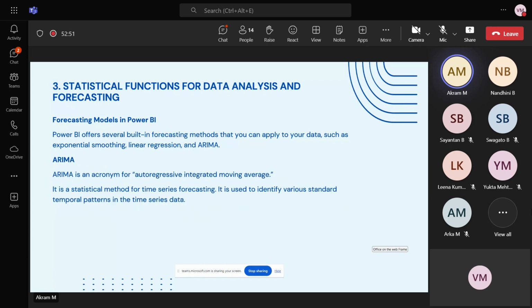Then another very important tool for time series is called ARIMA. There are multiple versions of ARIMA. It's a very powerful tool. ARIMA stands for auto-regressive integrated moving average. It has the regression part using moving average. There is a lot you can do with ARIMA, and it's a very powerful tool. Sometimes I feel like ARIMA falls short when the data frequency is very small. And another shortcoming of ARIMA is